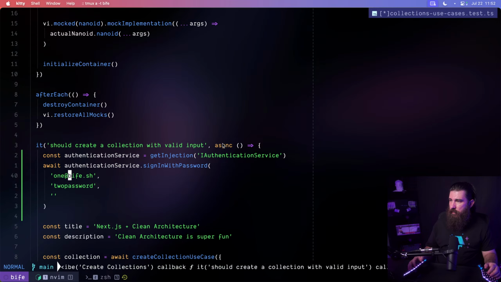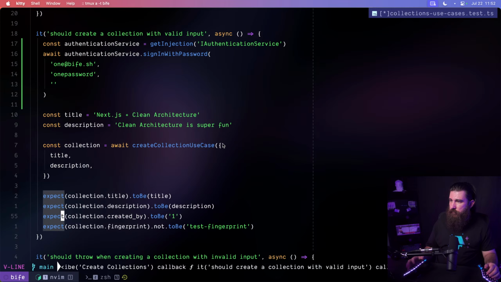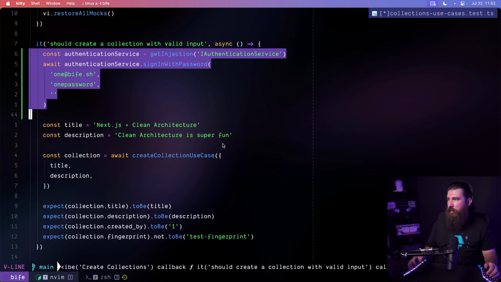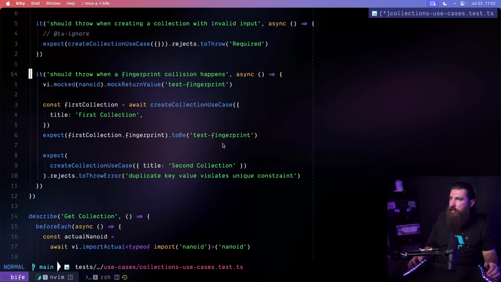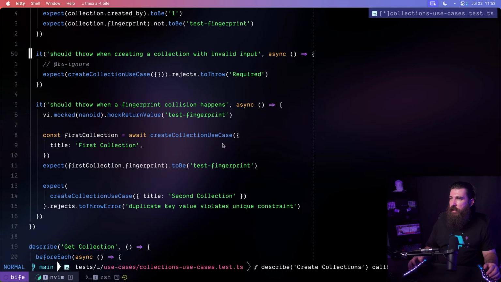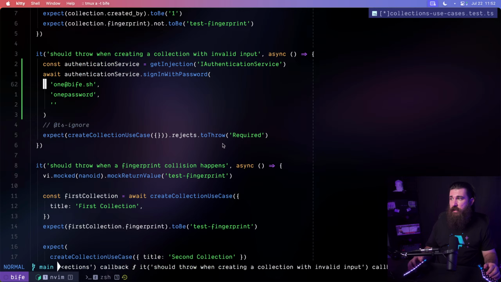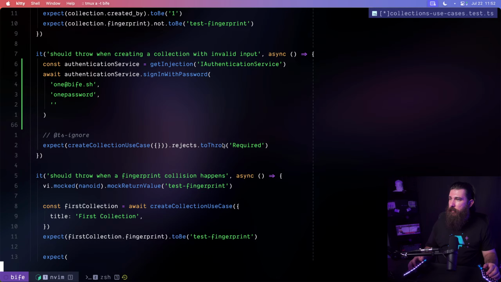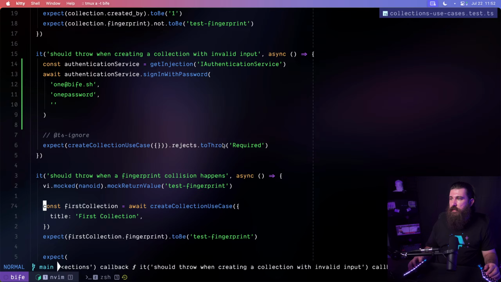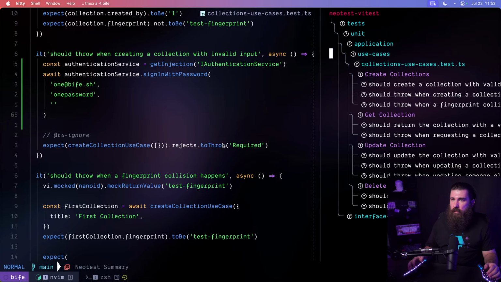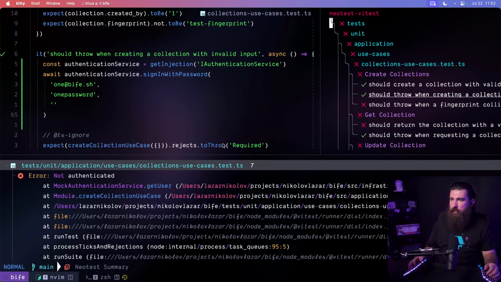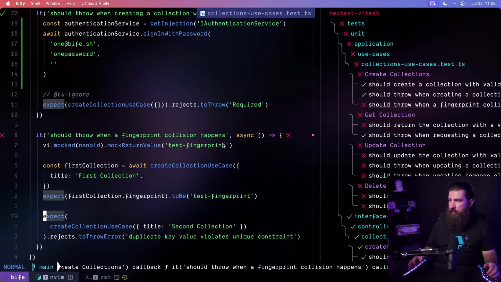I was going to do one. There we go. Created by should be one. Yeah. One here. Should throw when creating a collection with invalid input. We should still be logged in, right? We should still be authenticated with invalid inputs. Yeah. Run these again. When fingerprint collision happens again,